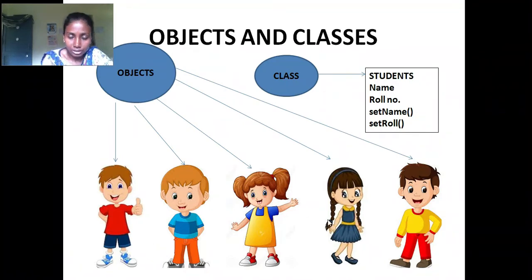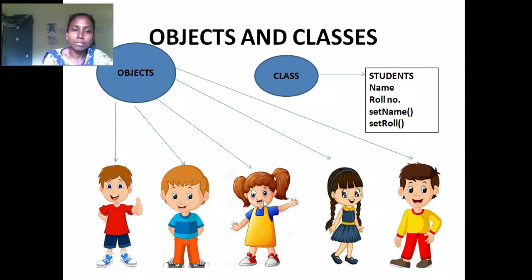Maybe they have the same name, but the roll number will be different. Age may vary or be the same, but the identity, the roll number or registration number, will be different. And we have the setName method and the setRollNumber method.